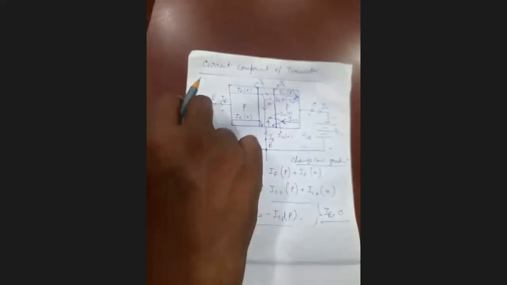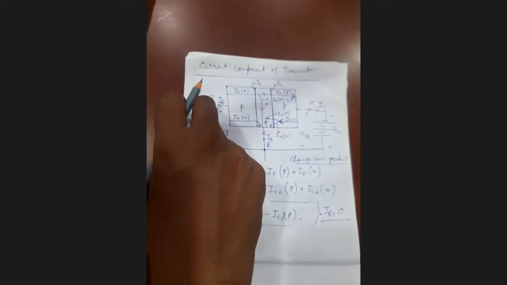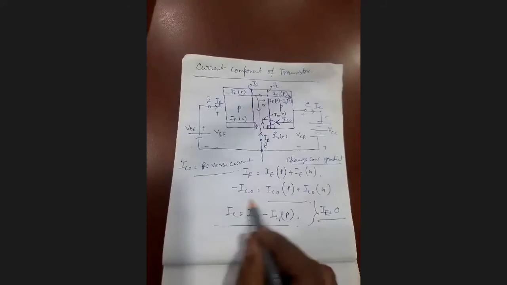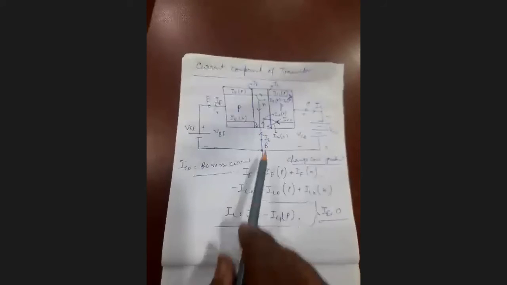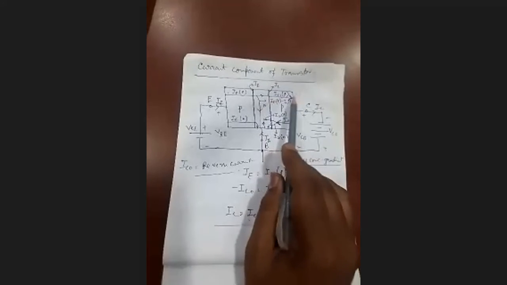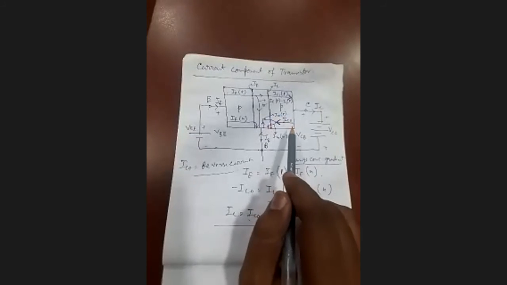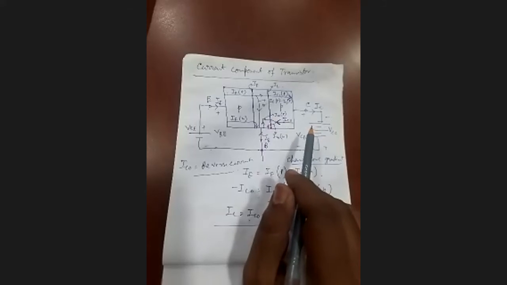On this side, if we open the input side, then IE is equal to 0, and this current component is produced across the junction JC due to the holes. The majority carriers moving over here are holes. So the reverse saturation current is generated due to this, and that reverse saturation current is very low, in the microampere range, while the forward current is in the milliampere range.